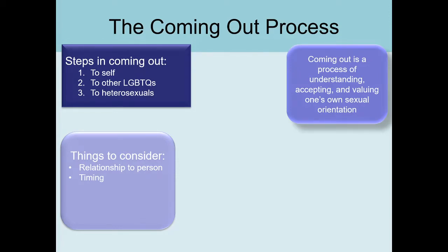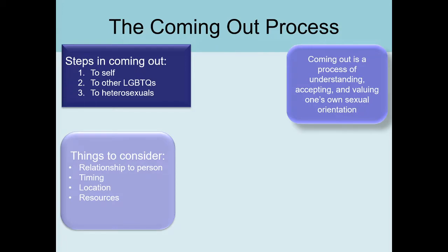Make sure that it's good timing, that it's a time where they're open, they're truly listening, things like that. You don't want to blurt it out in the heat of an argument or something like that. Location, right? You want to be in a safe place where you are comfortable that if things were to go badly, there's an escape route. I know that sounds like a dramatic thing to say, but it's important. Or that if the person you're coming out to may not have the perfect, exact response that they're supposed to have, they aren't going to be displaying that in front of other people, things like that.